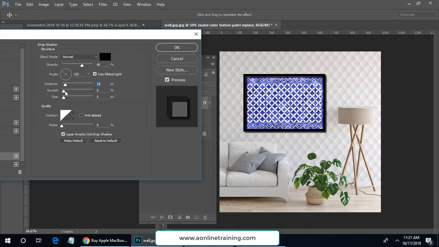Now we have a proper shadow of this frame on the wall, so it looks more like a frame which is hung on the wall to represent the fabric textures which we made in the first exercise. So I'm just giving the shadow over there, not that blurry. It's okay inside but not the back side of this frame. It's a little bit soft but with a more crisp edge,